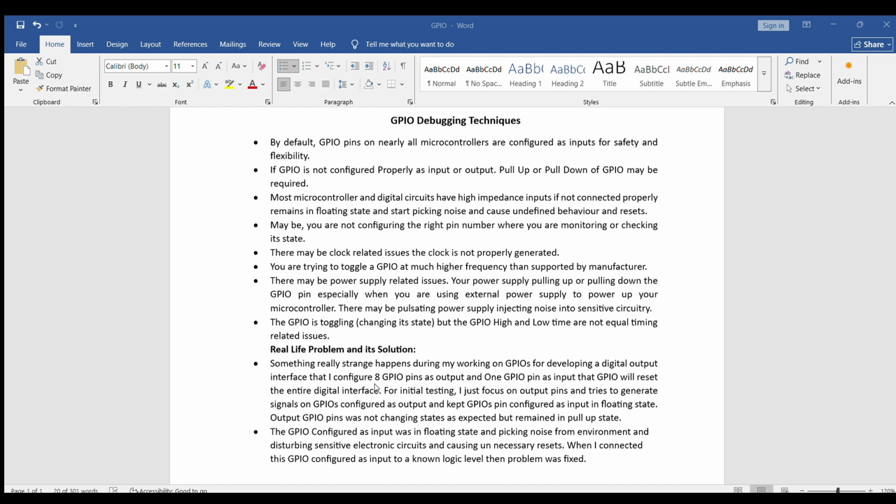In such a case, when one of your pins is configured as an input pin and it is not tied to one voltage level, or it is not in a proper state, that GPIO will pick up environmental noise. That will disturb the internal sensitive circuitry of your microcontroller, and as a result some protection mechanism may trigger, and to protect your GPIOs from damage, your microcontroller may pull up or pull down those GPIOs according to its configuration or design. So be careful when you configure any pin of your microcontroller as an input pin. Try to tie it to some reference level according to the requirement.